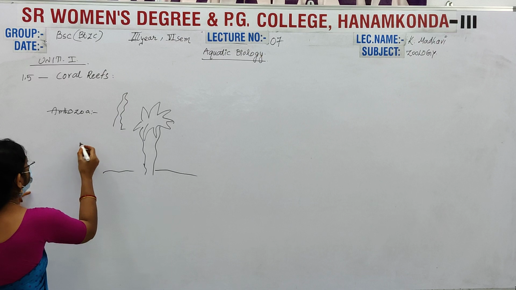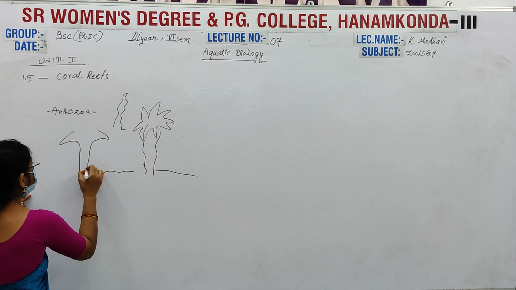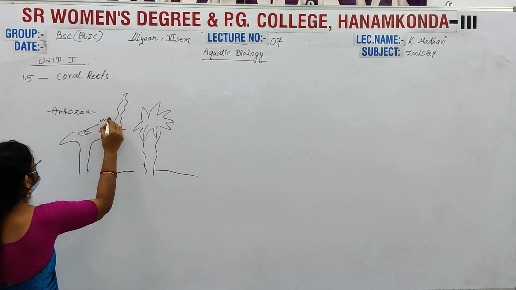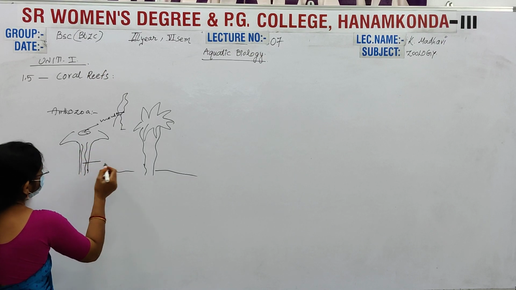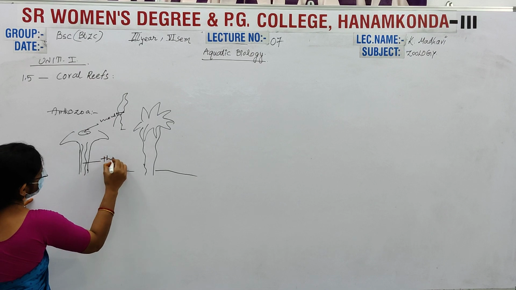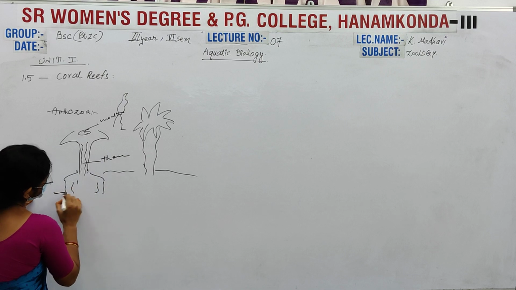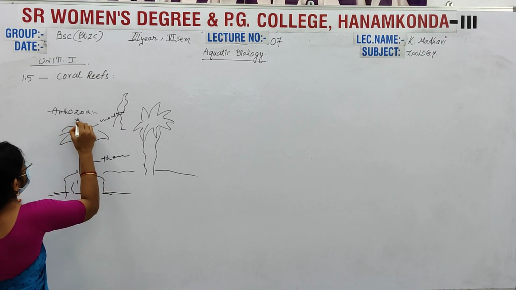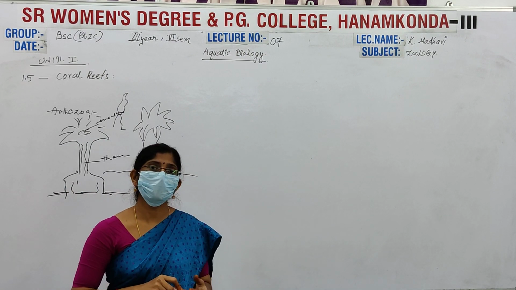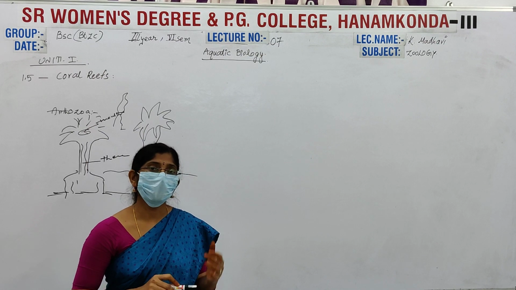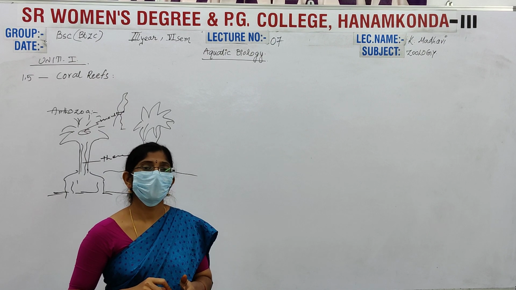In the coral, theca formations: here is the mouth region of the coral, and inside there is a canal-like structure. The theca is present, and here is the basal body, which is attached to the substratum. The polyp is a nutritive zooid, and the medusa is a reproductive zooid. That's why polyp and medusa both form in Coelenterata forms, like Obelia.